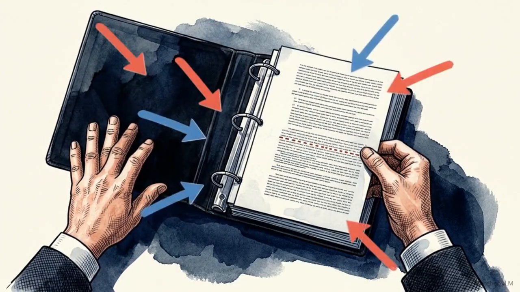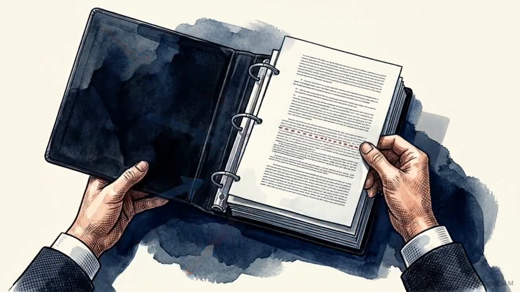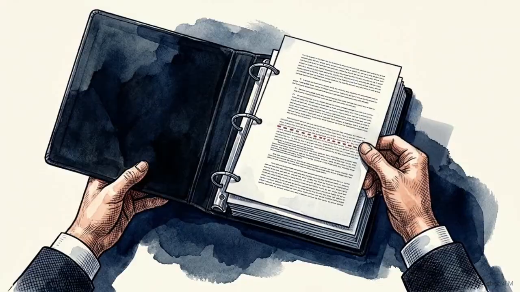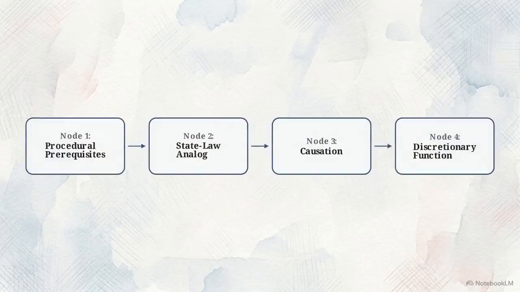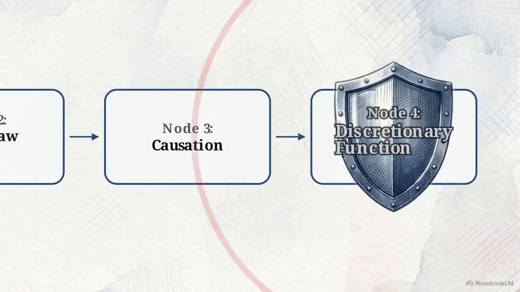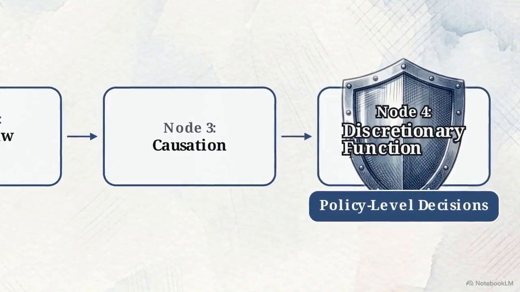of Bennett's exemption. This differentiates the case from broader precedents like Children's Health Defense v. FDA, where employers were found to have exercised their own discretion. Framing the employer as a conduit rather than an independent actor is the mechanism used to satisfy the Article 3 requirement of traceability. The final barrier is the discretionary function exception, which protects the government from liability for policy-level decisions.